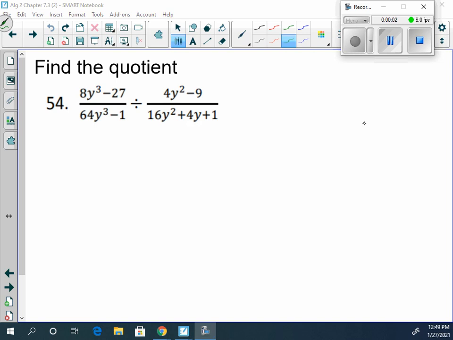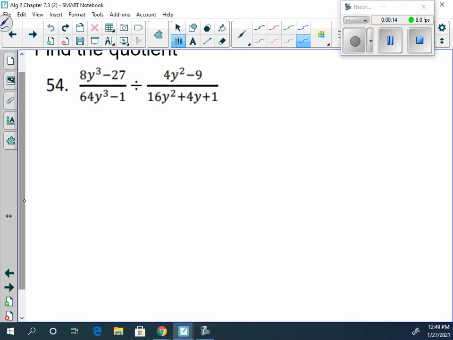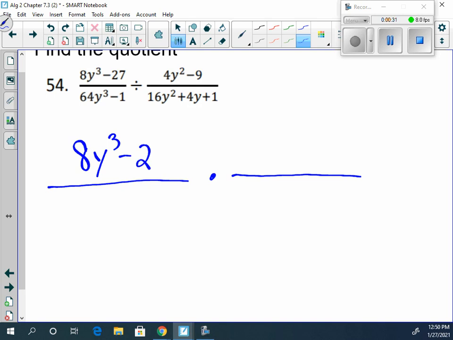So what we're doing today is we're finishing up section 7.3. We talked about last week, we started talking about multiplication, and yesterday we started talking about division. And we noticed that division isn't really different than multiplication except for one main step, in that we're taking two rational expressions being divided and turning it into two rational expressions being multiplied. The main way that we do this is turning it from division